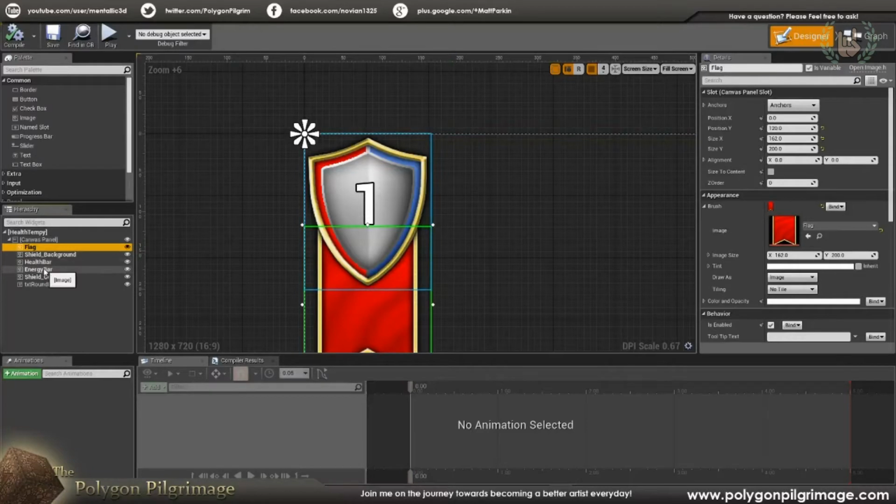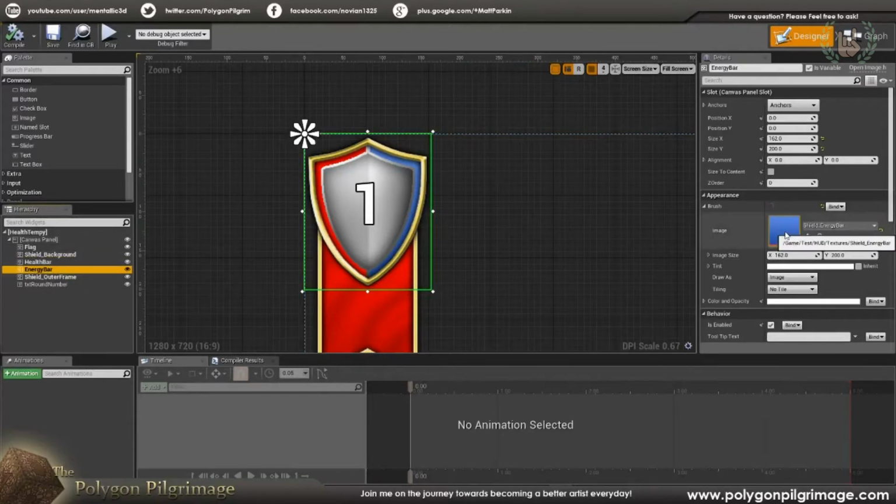Now, you'll notice that the energy bar right now is a static image, and it's basically a placeholder. So this will just show as full at all times. I wanted to get the health bar working first, and then we'll come back to the energy bar, and it will work in very much the same fashion. So for the health bar, you'll notice that the difference is the energy bar here is definitely pulling in an image. But if I take a look at the health bar, it's pulling in